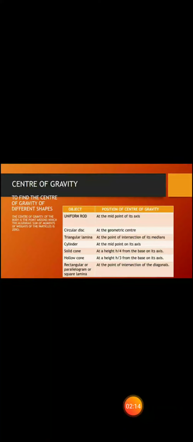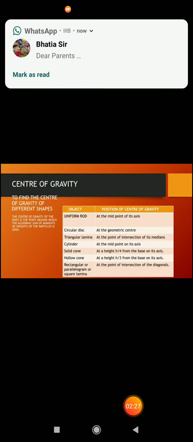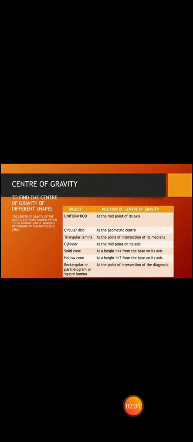Next one, triangular lamina. For a triangular lamina, the point of intersection of its medians will be the center of gravity. If we are going to calculate the center of the triangle, how am I going to do it? With the help of that, I'll draw the intersections or the perpendiculars on that triangle. So in this way I'll get the value of the